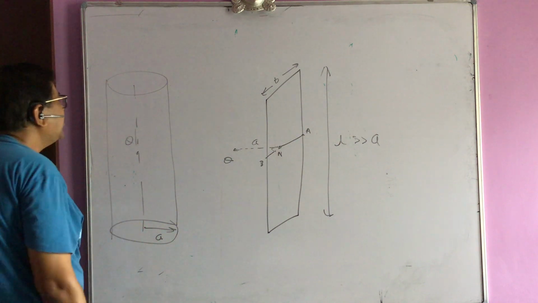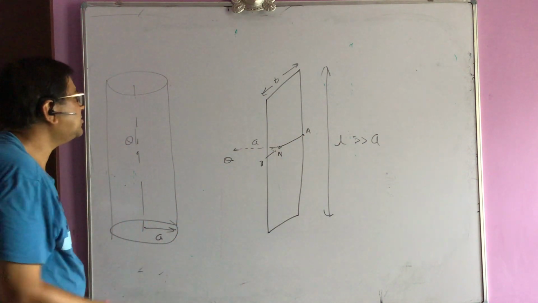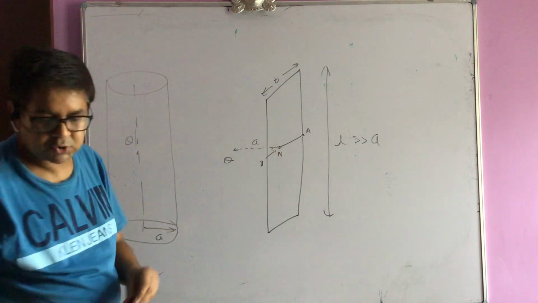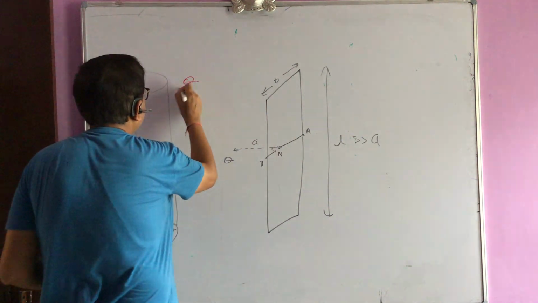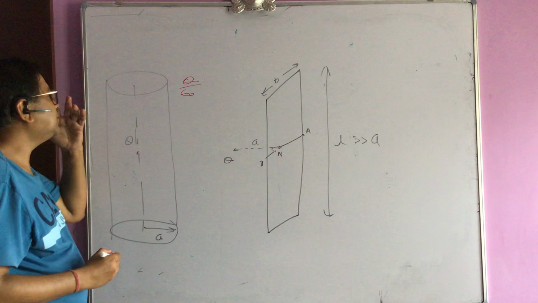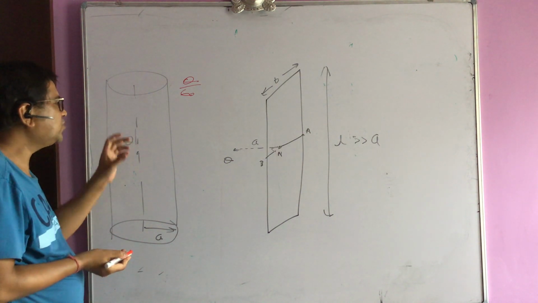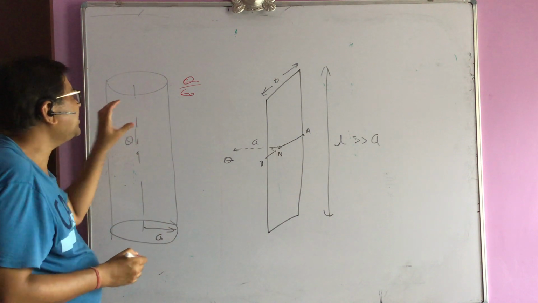So now, can you tell me what is the flux through this cylinder? The enclosed charge by epsilon naught, so total flux I can easily say is Q by epsilon naught. So total flux through this cylinder is going to be Q by epsilon naught. Now, my question is, what is the flux through this curved surface corresponding to unit angle made at axis?